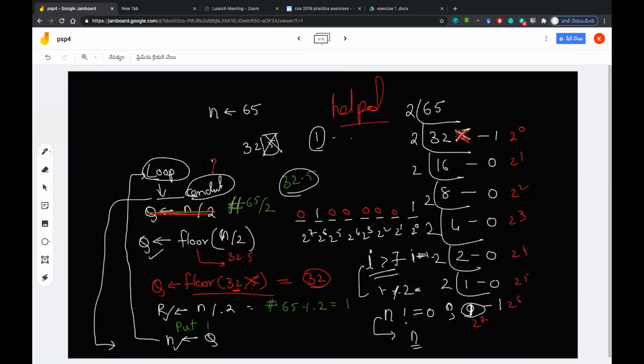Sir, you said one more thing, that each time the loop gets executed, it should print that binary element, right? Like 1, 0 or something. So for that, we have to put output also, right, sir? Yes, every time. That's why I have written it in green. You see here, output some remainder here. So the first step will be this one. The next step will be this. The next will be this. See, this is all based on our observation that I have designed. This is not at all a theorem or something. You can do it in either way.